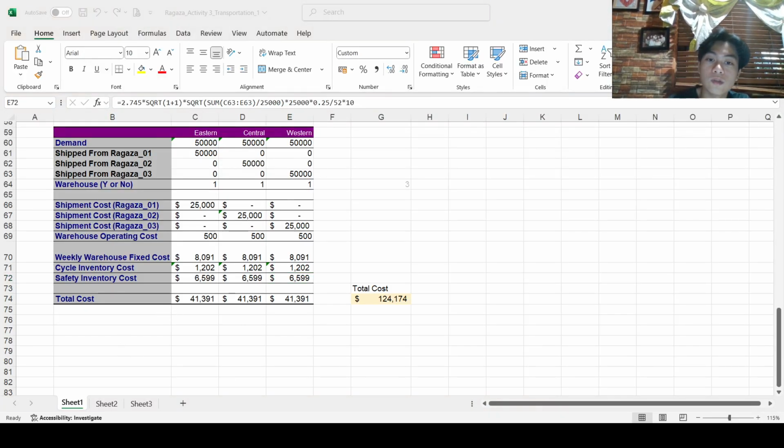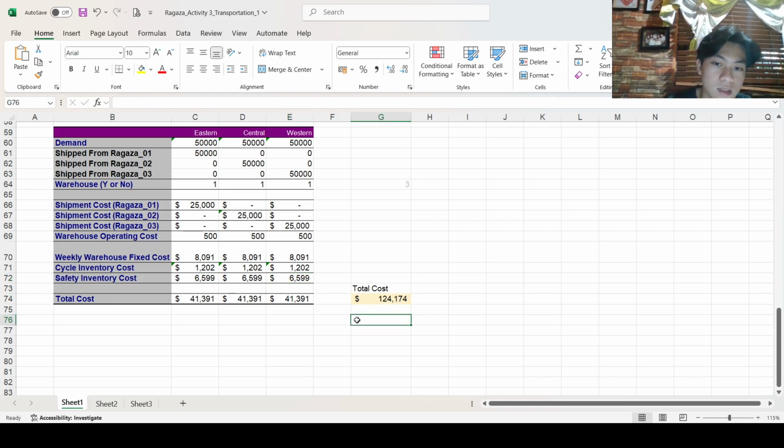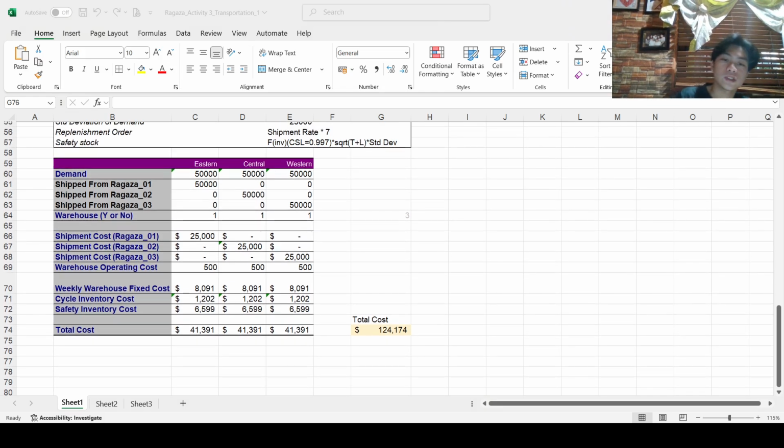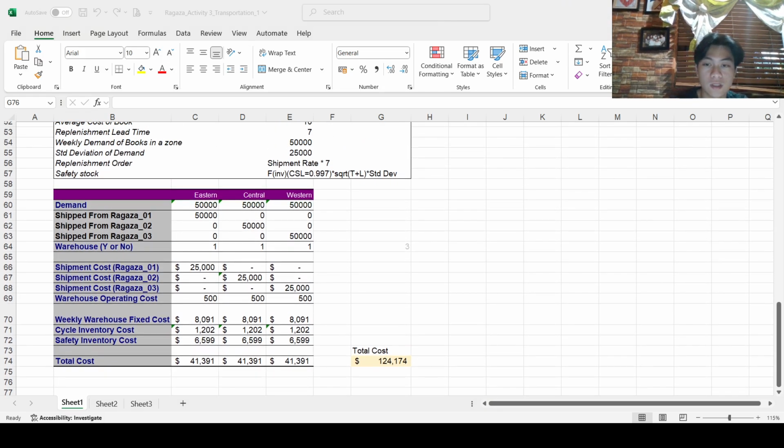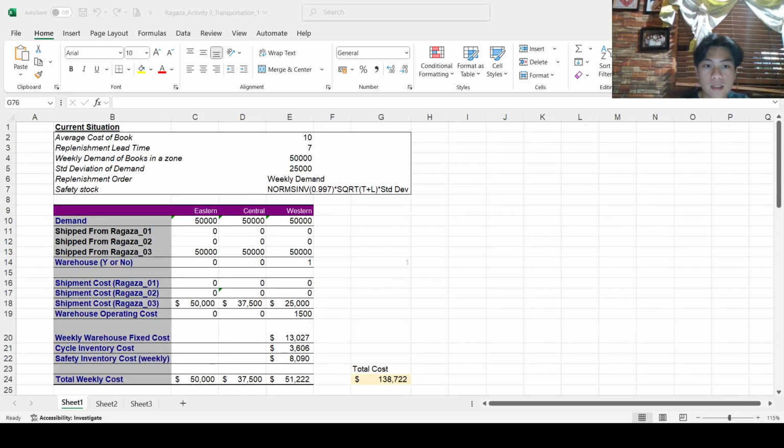Now, the total cost for each region, which is for $41,391,000, and summing up, the three will total in $124,174. So, in conclusion, the first warehouse, which is the current setup, is estimated at